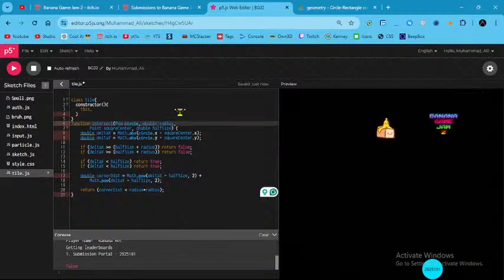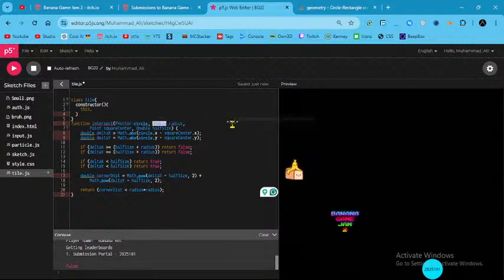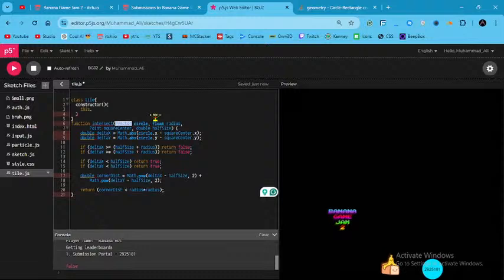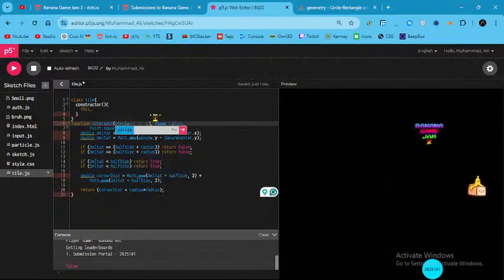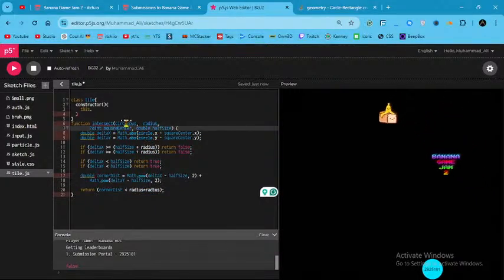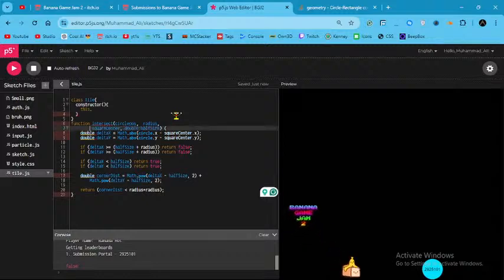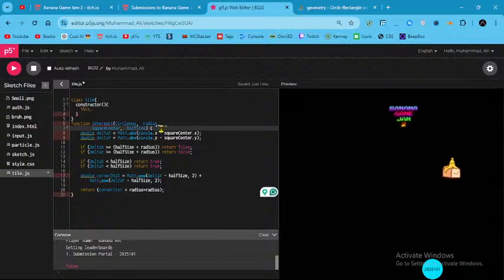P vector, circle double float. It takes in a circle position, a radius, a circle center, then a square center, a radius, a square center, and the half size. I don't know what the half size is. I think it's